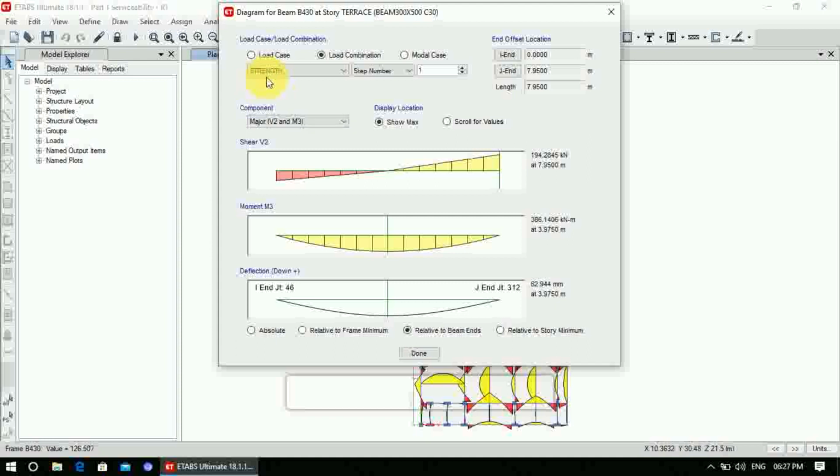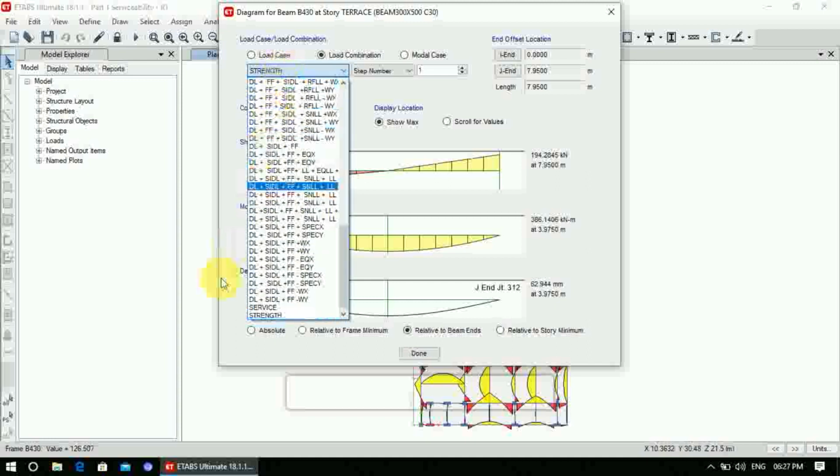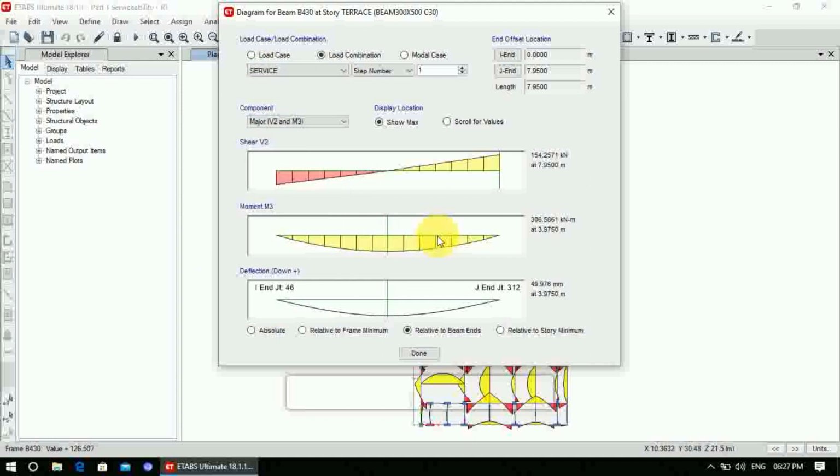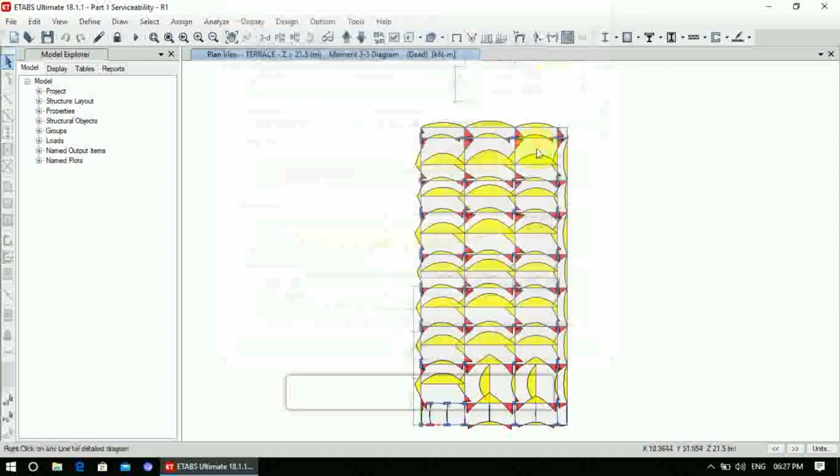A strength envelope should contain all my factored load combinations, so that ETABS sorts out the load combinations and gives us the maximum value of whatever response we want. And similarly we should define a service envelope containing all the unfactored load combinations which can be used for finding out the maximum drift, maximum displacement, maximum sway, and so on, whatever serviceability criteria we need to check for. Okay, so this is